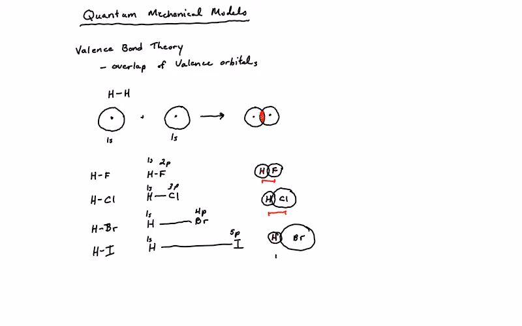Okay, we see the bond length gets even longer. And then for HI, the bond's even longer than that. I know these aren't perfect spheres, but you get the idea. Okay, so this explains why the bond lengths are going to be different from atom to